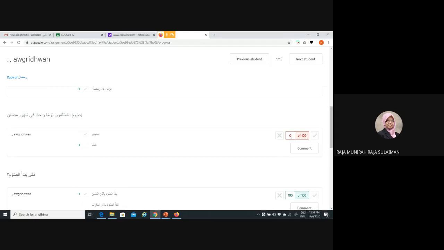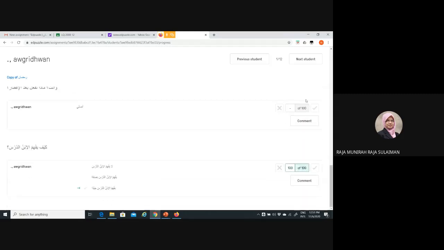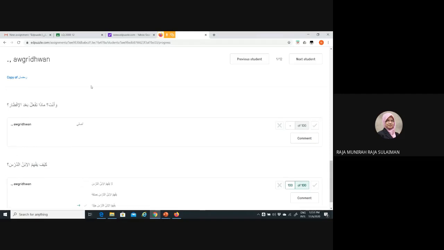Alright. When you see the red button here, this indicates that the answer is wrong. I go down until I see the question without the mark. So here we need to do the manual marking. My question is in Arabic, but the question is easy because this is a level 2 student.